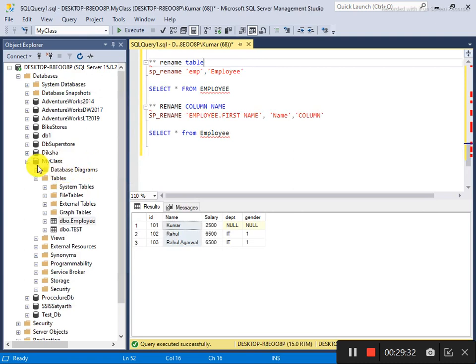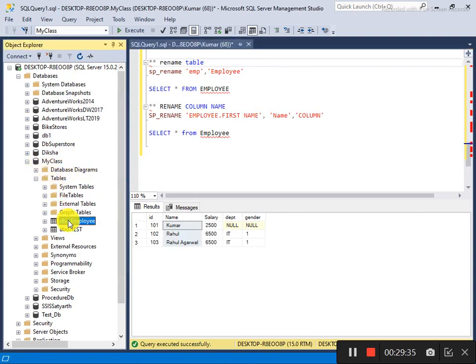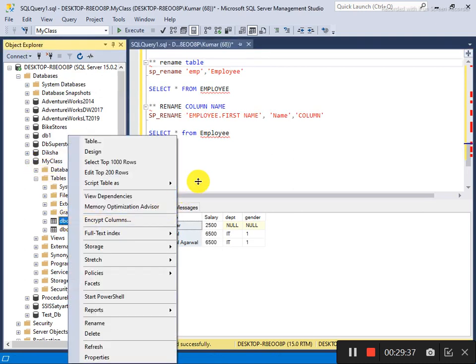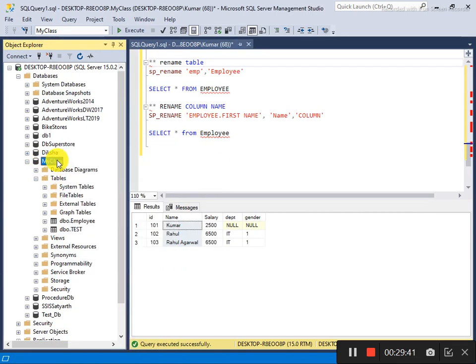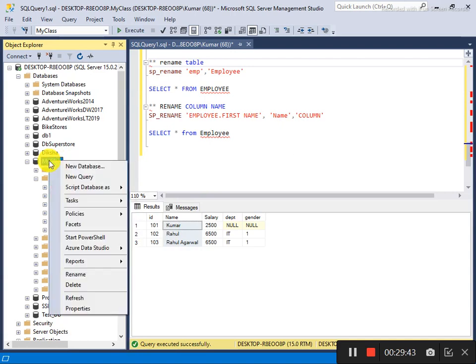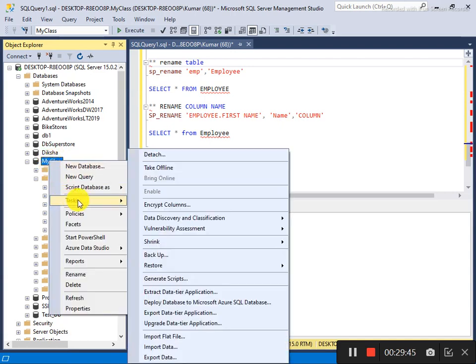so simply go to the database. You need not click on any table, because it is itself a table. Inside a table you can't import, you have to import inside a database. So go to the database, right click here, go to Tasks, and then import export. You will see here Import Flat File. A flat file always means a CSV or text file. Okay, but here you are going to import an Excel file, which is not a flat file. Absolutely Excel is a flat file, but under the Import Flat File option you can't do that.